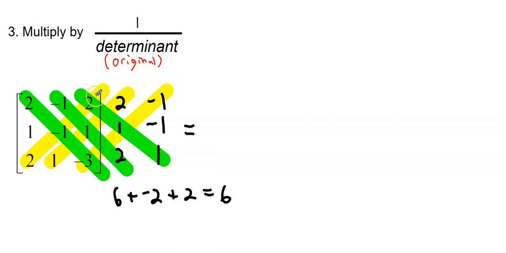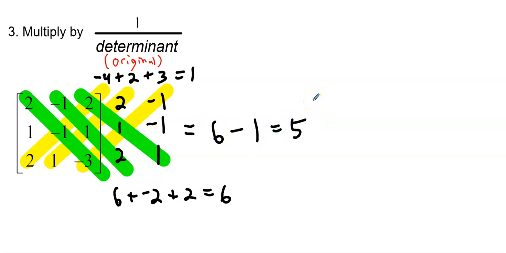So we get 2, that'd be 4 times, that'd be -4 plus 2 plus, again, hopefully I do this all correctly, 3 equals 5 plus -4 is +1. So I do the diagonals this way first. So 6 minus 1 is 5. Okay, so that's the determinant